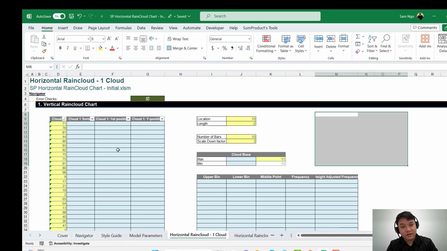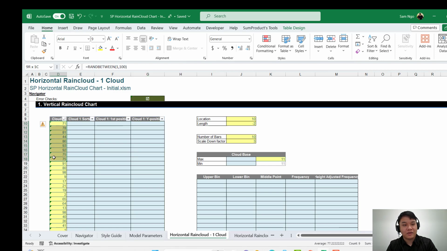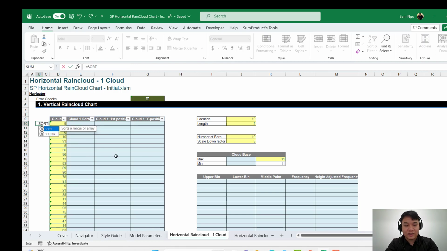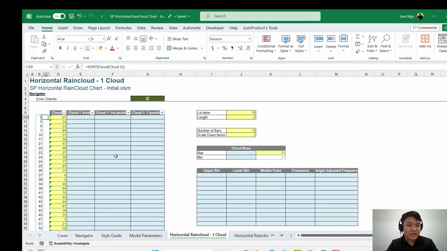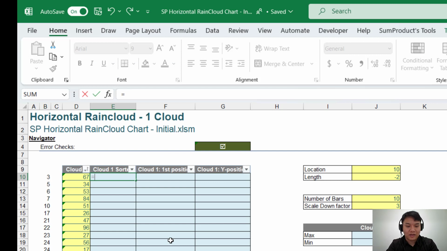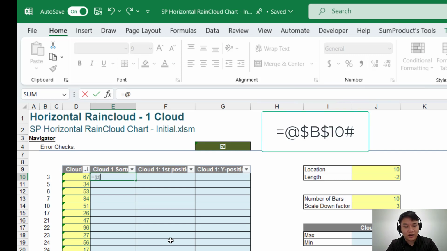and make it look like rain. From this data, we need to calculate the Y position of each of the points in here. First, we need to sort the data into ascending or descending order, your choice. Normally, if these numbers were hard coded, you could just sort from small to large, but because I use RANDBETWEEN, I need to use a function in order to resort this whole mess. So I use the SORT function,